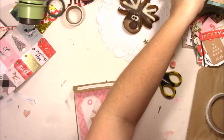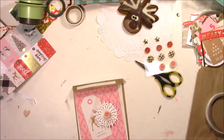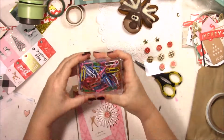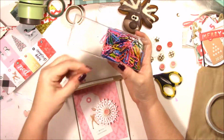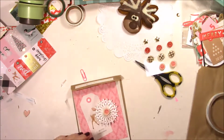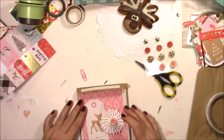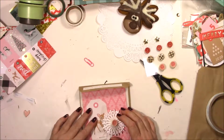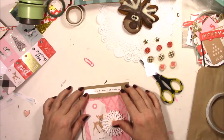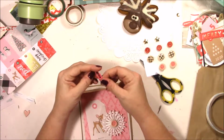And then I am going to look to see if I have any pink, which I think I do, but it might be a little bit too bright. I always buy colored paper clips when I see them. So I do have a pink one. We'll use that. And let's see, what else do I need to do? So I added that. I think I might just add another little